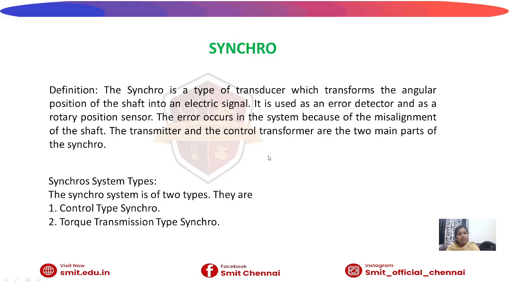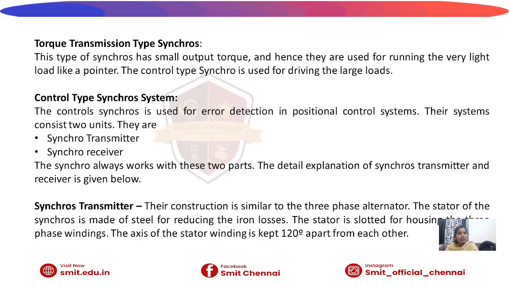Next one is synchro system types. There are two types: one is a control type synchro, and another one is a torque transmission type synchro. The torque transmission type synchro has a small output torque. For a small, simple load, we use the torque transmission type synchros. For control type synchros,